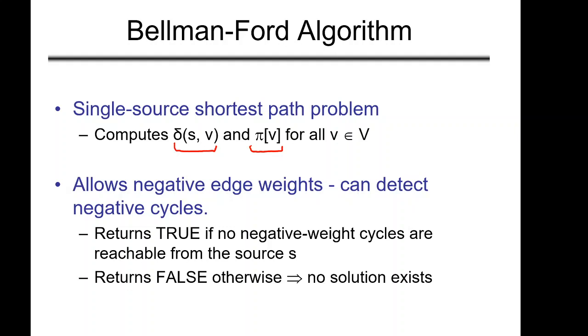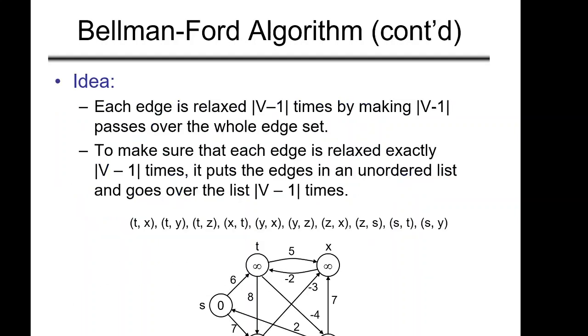So what we are saying is that the Bellman-Ford algorithm will work on negative weight edges. If there is a negative cycle in the path, then it will detect it and let you know that there is a negative cycle, so the shortest path is not defined for this node. Okay, so let's have a look at the algorithm. Let's first discuss the idea, then we will see an example, and then we will come to the algorithm.